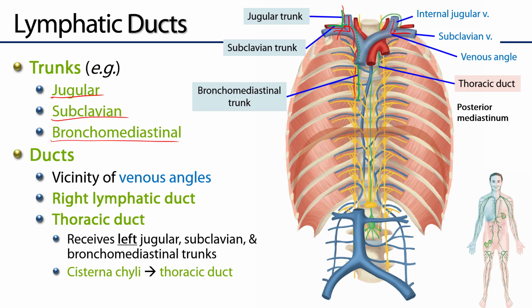So the story of the thoracic duct actually begins inferior to the diaphragm as the cisterna chyli. The cisterna chyli is going to receive lymph from the abdominal pelvic region as well as the lower limbs. So it is a clearinghouse for lymph below the diaphragm. That cisterna chyli is the proximal dilation of the thoracic duct, and it's going to begin right laterally, and it